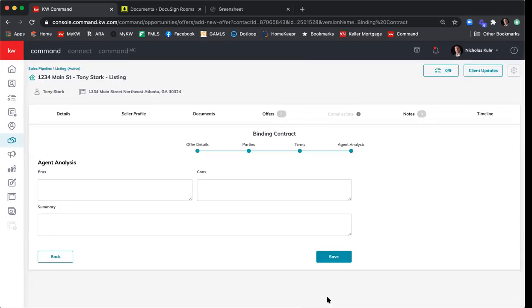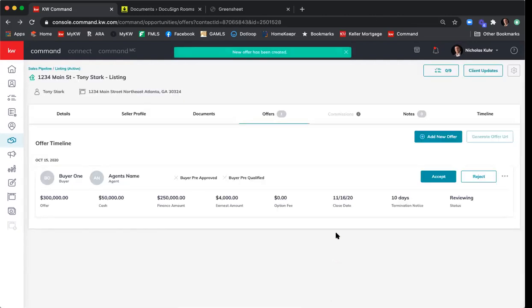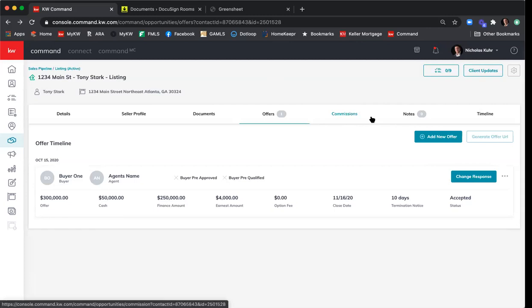All right, so I'm going to go back to agent analysis, and then I'm going to click save. So now that I have my document or my offer set up here, I'm going to click on accept, because let's say we're already binding. I'm going to click accept. And as soon as I do that, the commissions tab now lights up. So now I can click on commissions,